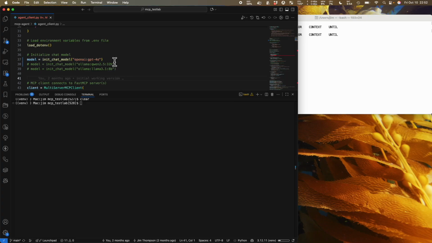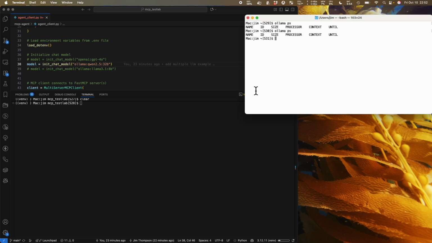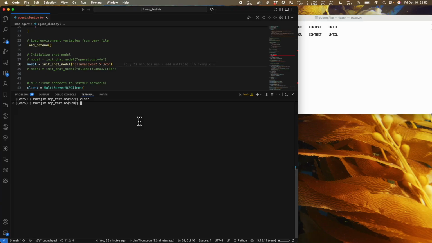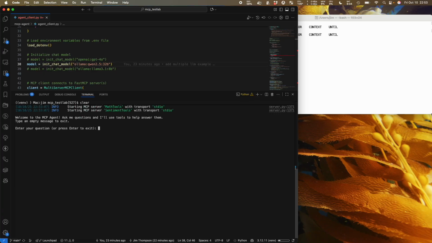So for this, we're going to comment out the OpenAI one, and we're going to ask to run the Ollama Qwen 2.5 32 billion parameter model, and it should come running locally here on my desktop. So with that, now let's get the agent started with the Ollama Qwen 2.5 model. So we'll bring it back up again. All right, so again, we'll type in python mcp_agent_client to start the agent. All right, and again, it comes up, and now,